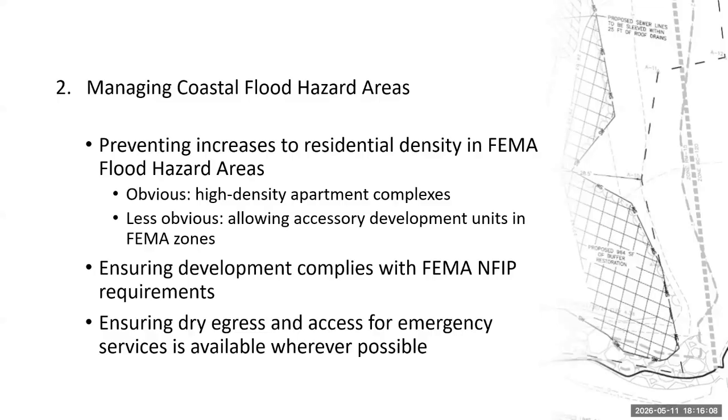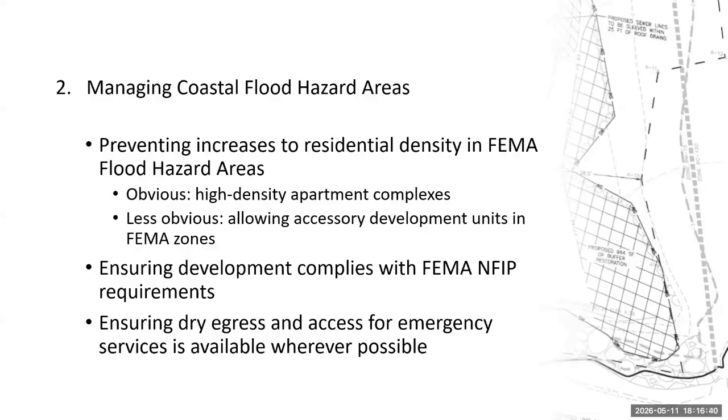So one of the things that our office looks at when we're reviewing a zoning amendment, for example, to allow residential uses, there might be a zoning amendment that is allowing an increase in residential density in a zoning district that isn't in the coastal boundary. But it might also allow for increases in a district that is within the coastal boundary, even if it doesn't affect that particular project that's being proposed. And so we have to look at it from